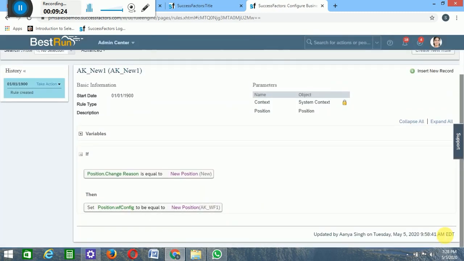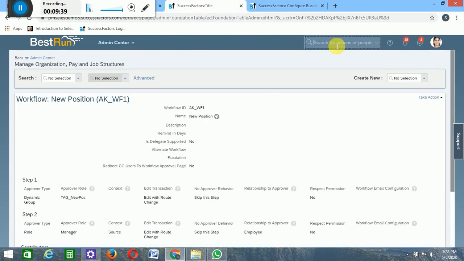Now we have created a business rule according to which the workflow has to be triggered, but we need to assign this business rule at some place where it gets triggered. So let's go to that place. For that we need to go to a transaction called Configure Object Definitions.